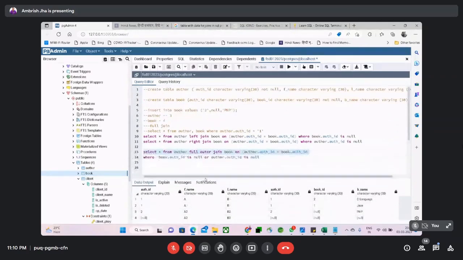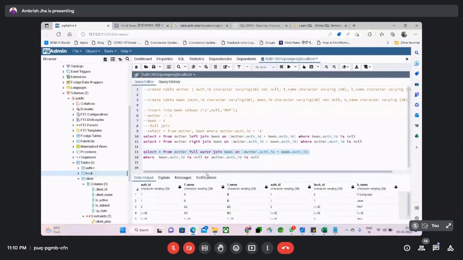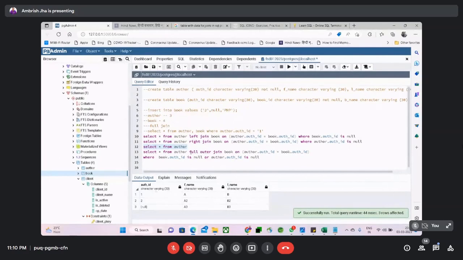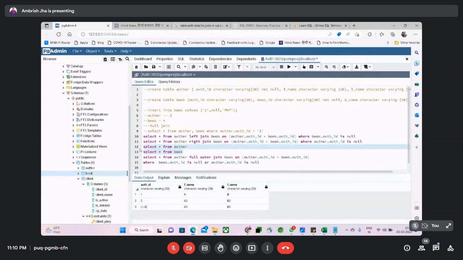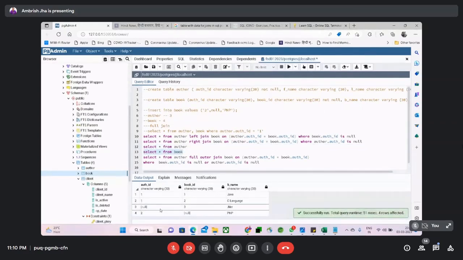नहीं नहीं, फिर वही मिस्टेक कर रहे हो कि मेरे हाथ में कितनी उंगली है। We can use select command from book and author, so we can identify. हाँ चलो आइडेंटिफाई। ऑथर में 3 रिकॉर्ड हैं, 1, 2 एंड नल। और बुक में 4 रिकॉर्ड हैं, 1, 2, 3 एंड नल। 4 किताबें हैं, नल भी तो एक बुक है ना।